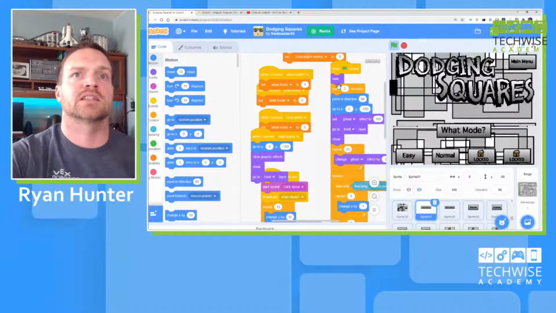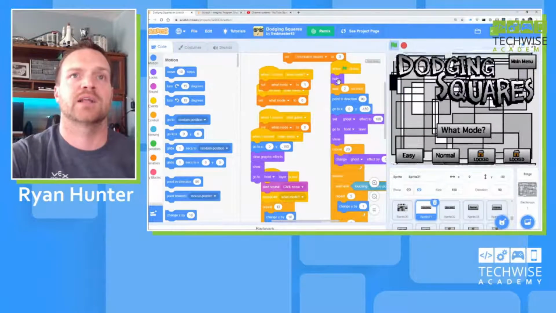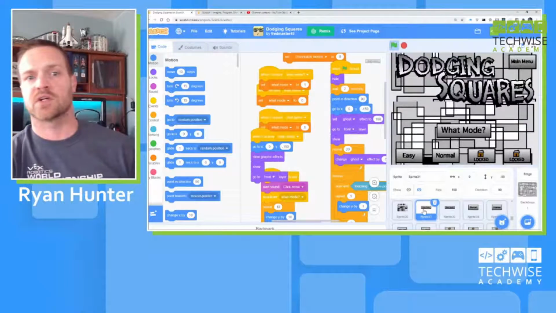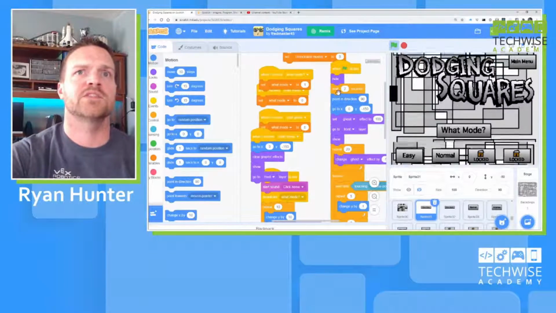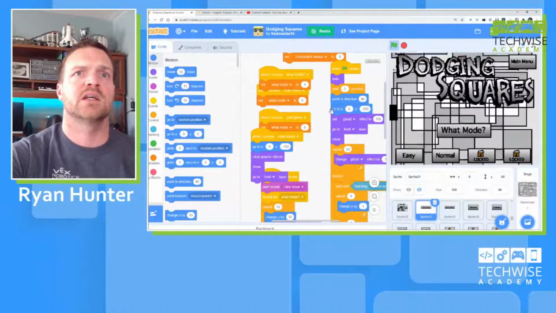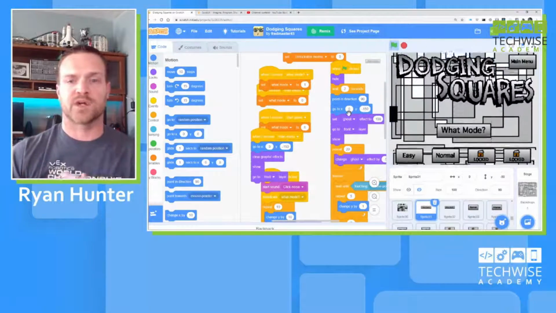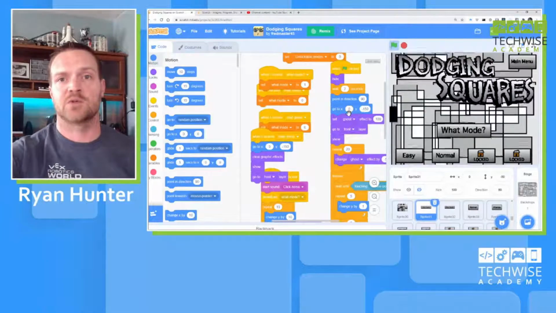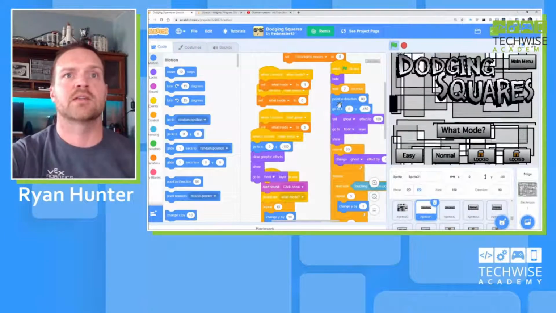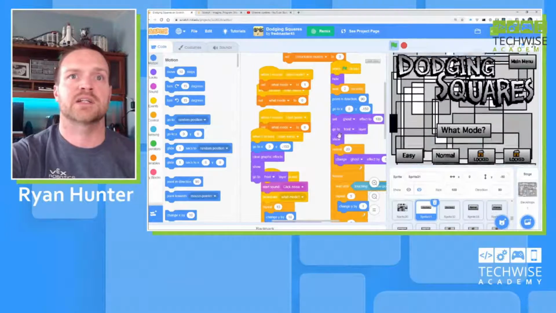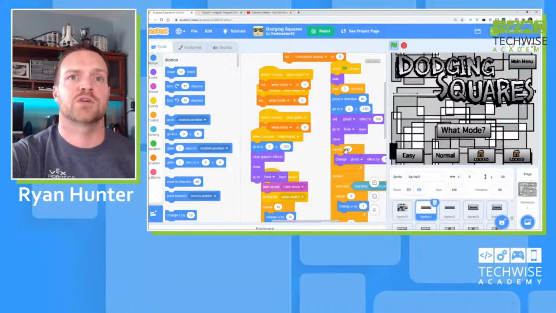When flag is clicked, hide. So initially we're hiding the start game button. Waiting 2 seconds, pointing in direction 90, telling it to go to, remember, we've been telling sprites where to go and which direction to face in these last few live streams. So make sure that you're doing that. And they're doing the same thing here, setting a ghost effect, go to the front layer, show,